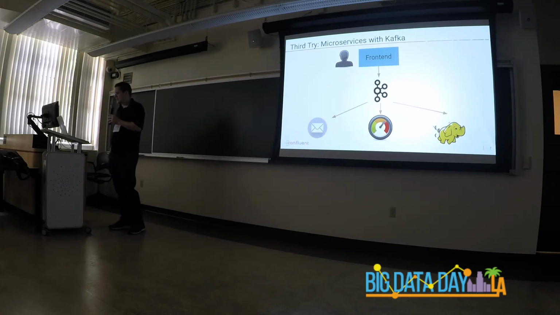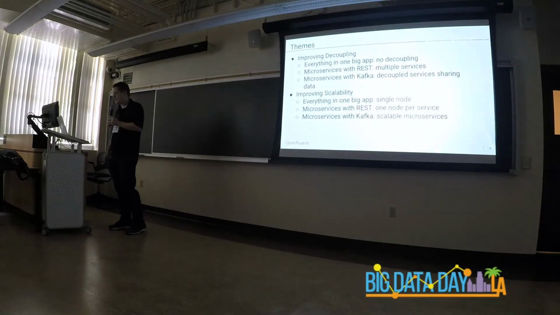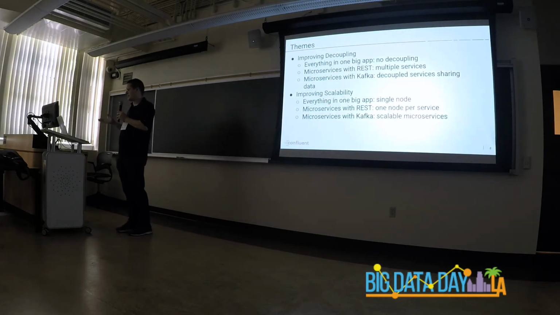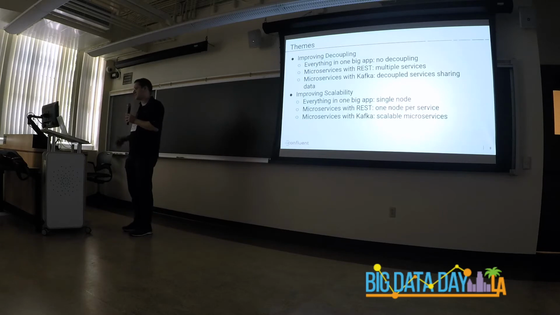So with this architecture, let's go over what the themes were here. Decoupling was a huge theme, and scalability was the other huge theme. When we started with everything in one big application, we had no decoupling. Everybody was everybody else's immediate neighbor, and if anyone crashes, everyone crashes. If anyone's slow, everyone's slow. When we moved to a synchronous API such as REST, you could also substitute gRPC or Corba or any synchronous API you want in this diagram, there would be no difference.